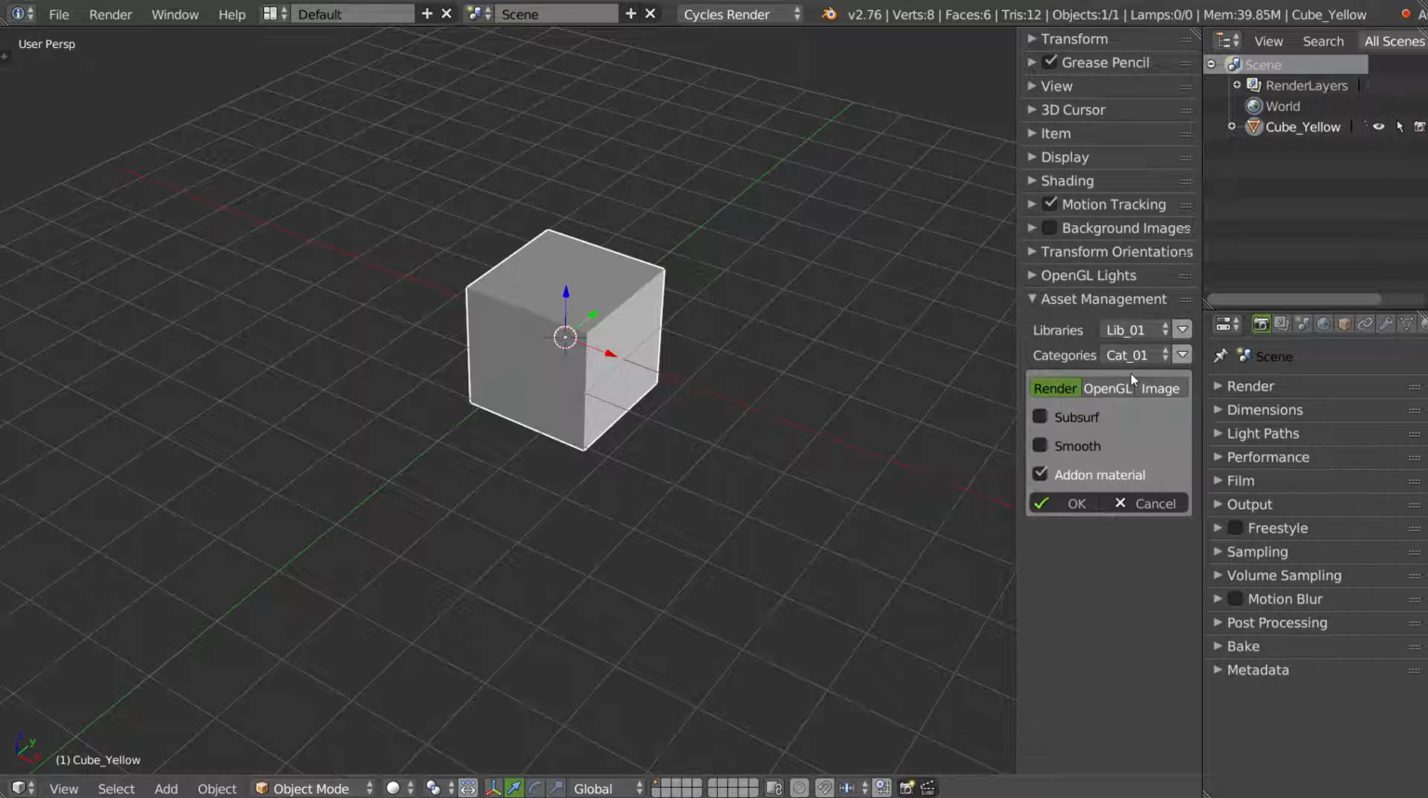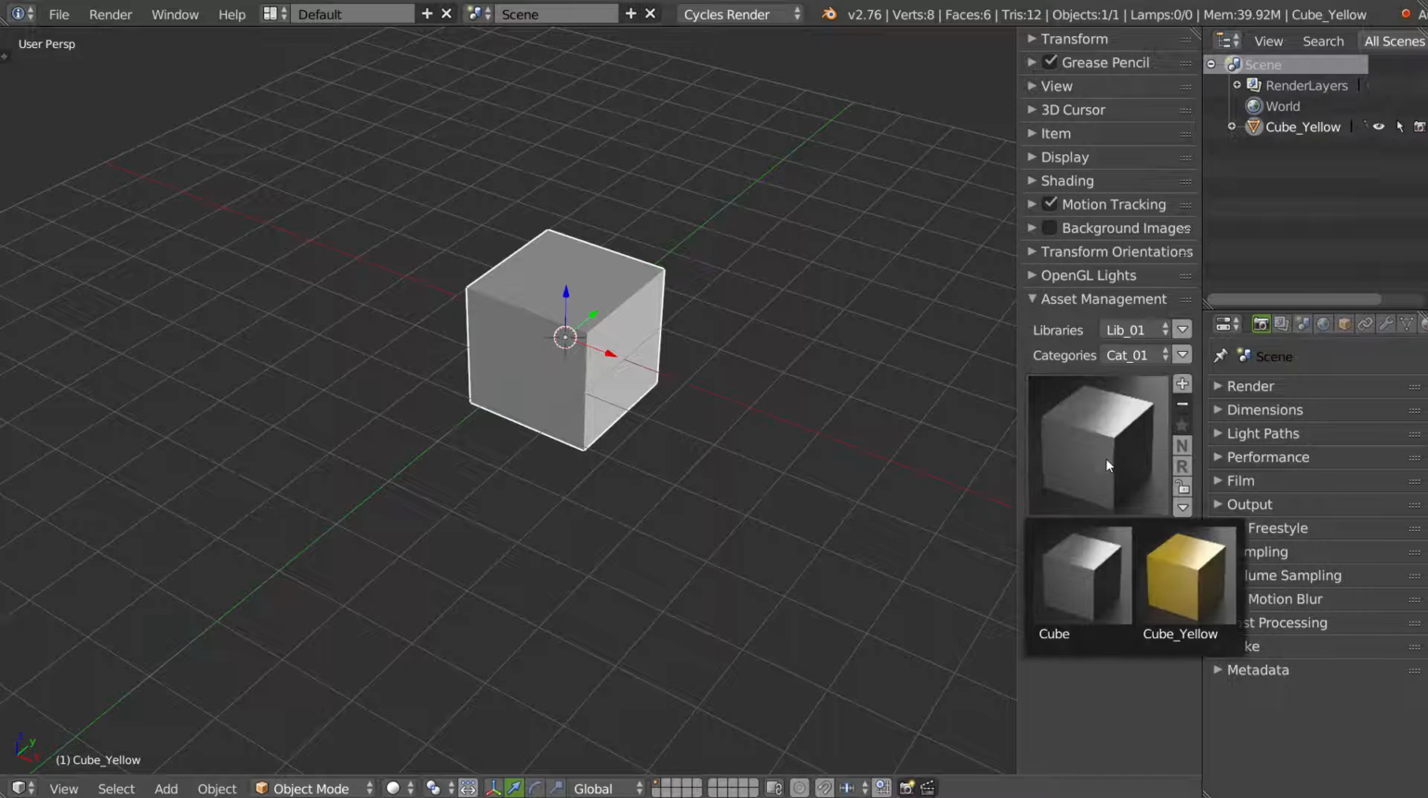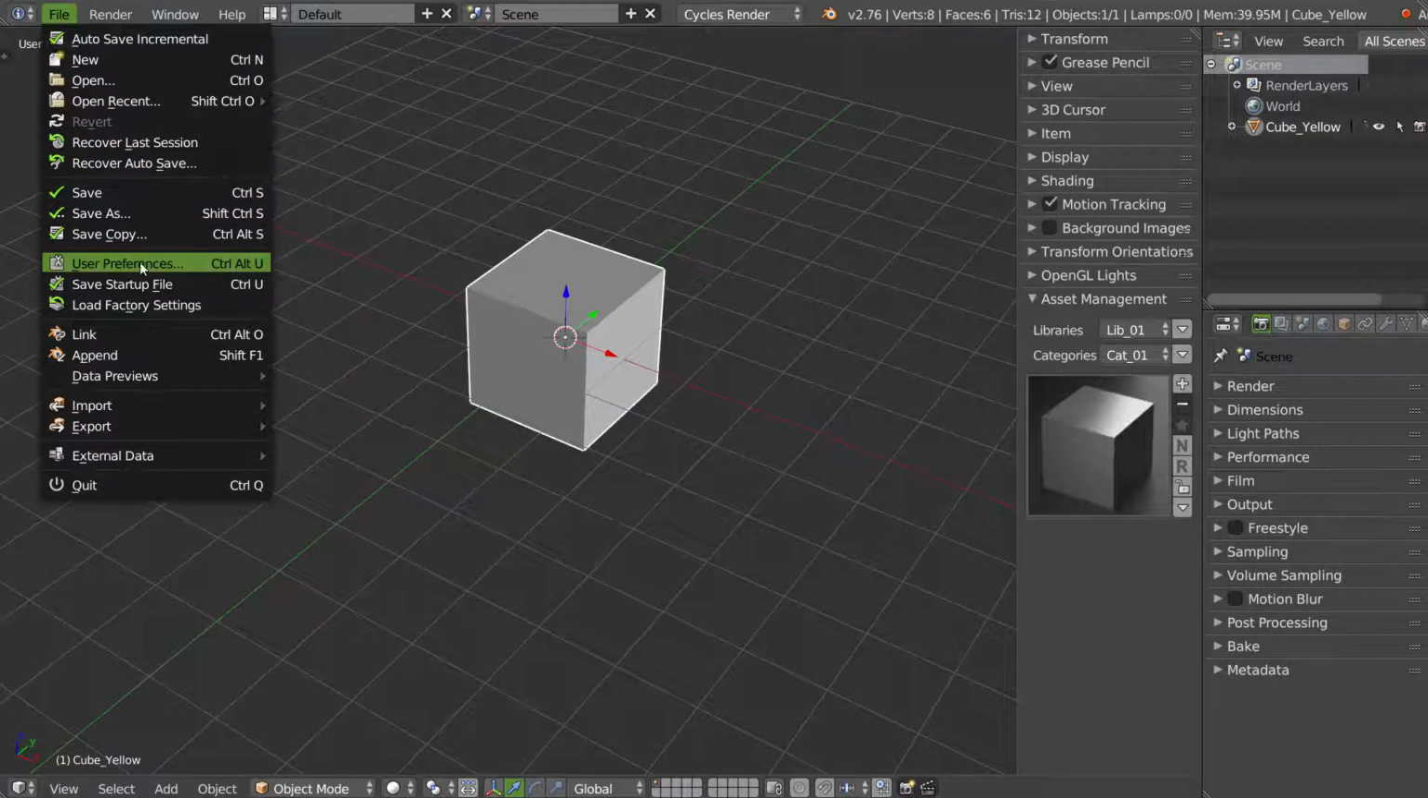Okay. I will click on the Add-on Material, and OK. Right now, the render is in background. Just have to wait a little. And when it's OK, as you can see, you have your yellow color. Now, we can change